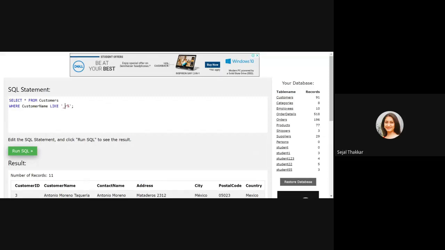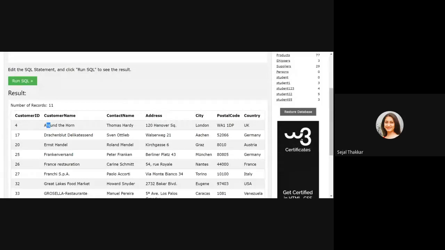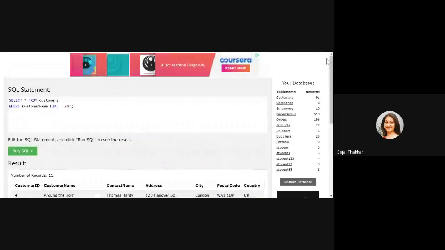So it is going to print only those names whose second character is R. You can see here the second character in the output is R, right? In France, the second character is R. So it prints those names whose second character is R.